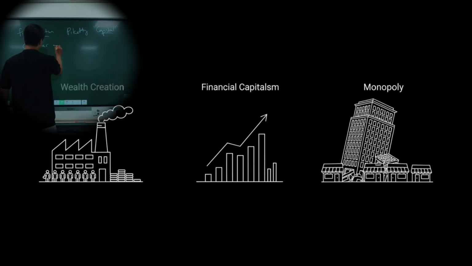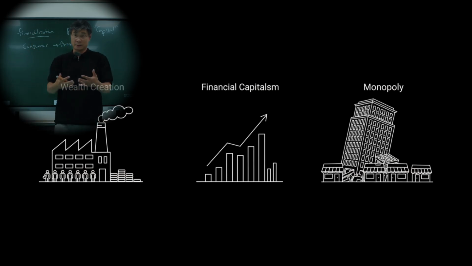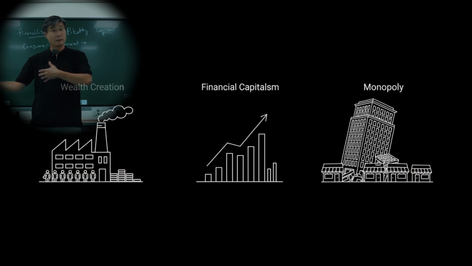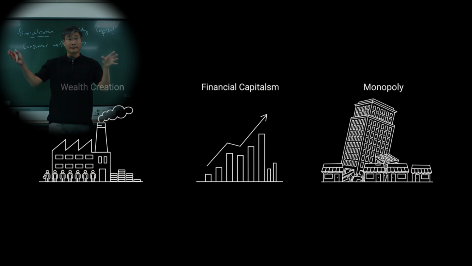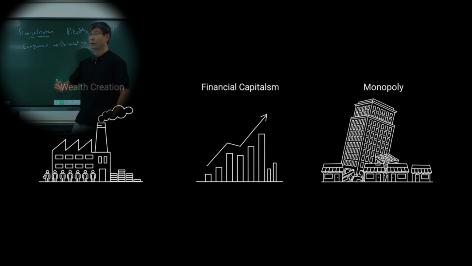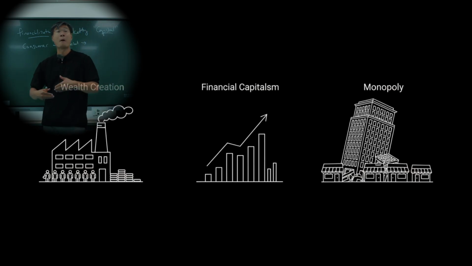Then you move into financial capitalism, which is a period of investment. Rather than build factories, you put the money into the stock market. So you're trying to generate as much money as possible. But what we discussed last class that's very important is wealth and money are not the same thing. So in the first phase, consumer capitalism, you focus on the generation of wealth. In financial capitalism, you focus on the generation of money.